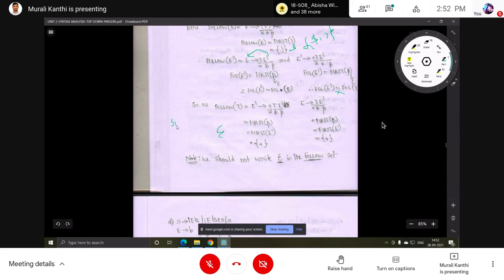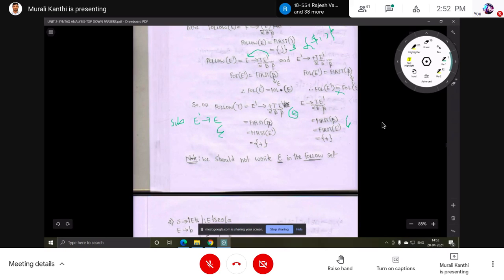So substitute for the new symbols only. This is a new symbol E dash. So substitute this epsilon in the first production. Okay, in this production, along with this, substitute E dash production. We have plus T dash and epsilon is there. So now the epsilon production has to be substituted in the first one.